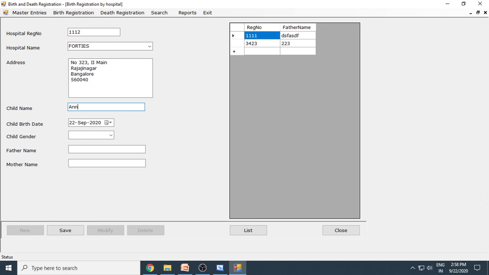Let's say Anup. What is the date of birth, 22nd, gender male, father name is Arun, mother name say Jamuna. So save this. So now it will be registered in the hospital. That is what registration in the hospital means.